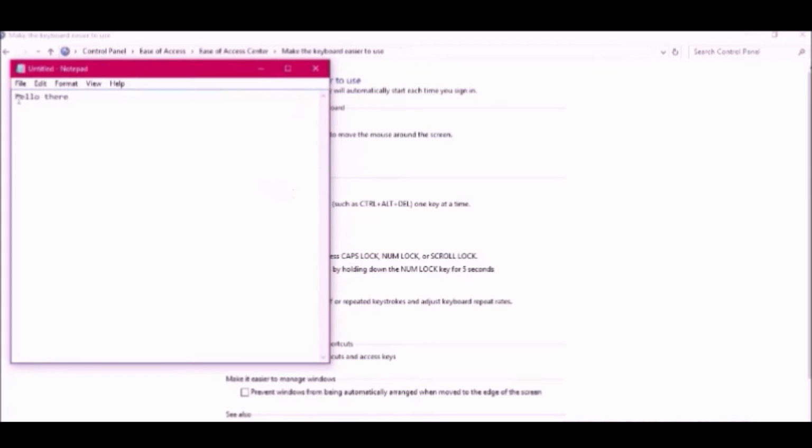Now if I tick turn on sticky keys and press apply, or okay, we'll just close this. Just I'll apply. Now I will keep my pointer over here. I am pressing control and I have released the button. Now I am not pressing it. Then I will press A. Now also the text will be selected. You can perform this at your home, so you'll be able to understand better.